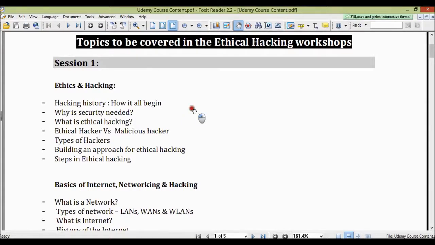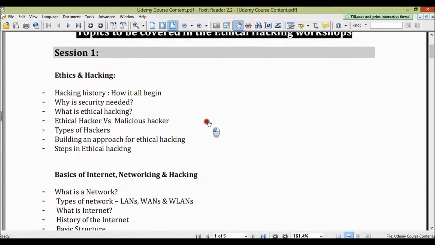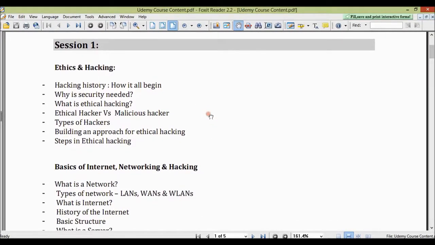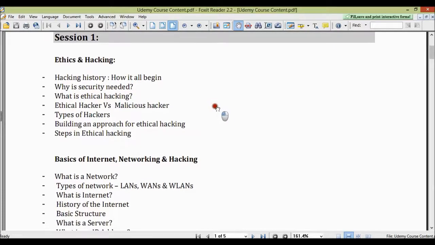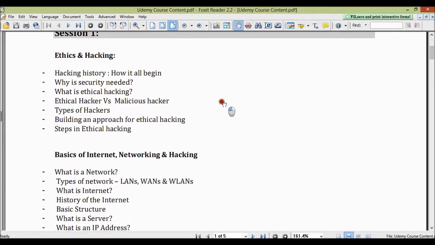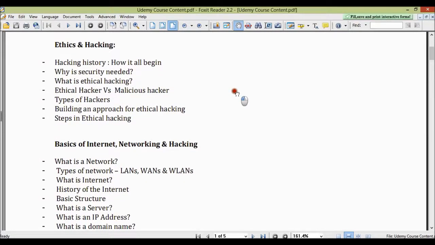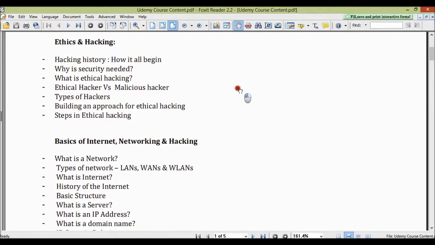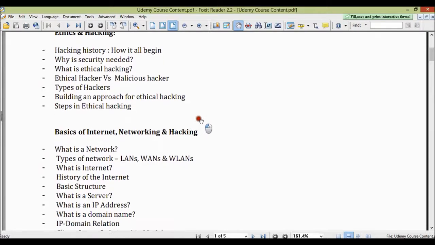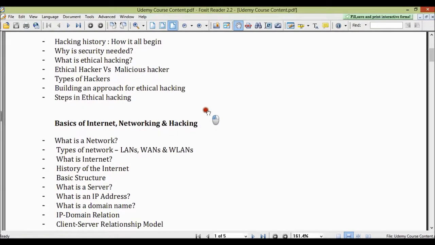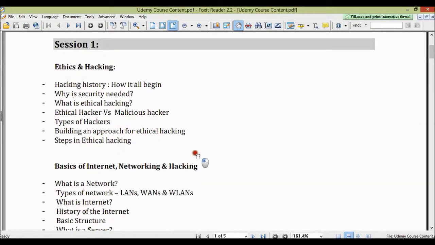Welcome to the course. In this course you will be learning ethical hacking basics from the very foundations, like what an IP address is, what a LAN is, and what the internet is, and you don't need any knowledge about computers or prior knowledge of deep hacking scripts or any programming languages. We'll be using most of the tools and techniques to attack devices, websites or databases, and this whole course has been divided into 4 sessions: session 1, 2, 3 and